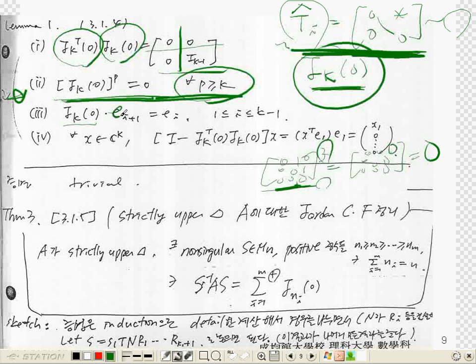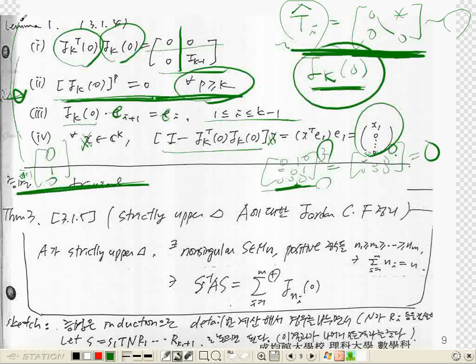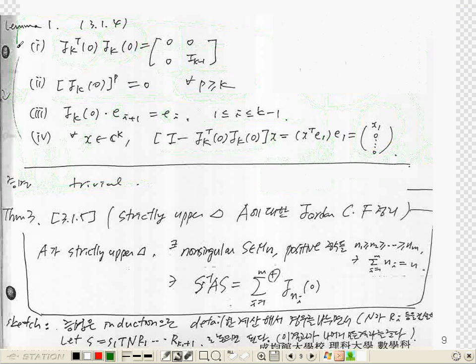And also, multiply the vector e i plus 1. That means there is a 1 at position i plus 1, and all others are zeros. Then the position of the 1 moves down at once, for i between 1 and k minus 1. And also, for every vector x, I minus J k transpose times J k times the vector x has this form. Now all the verifications are trivial. But with this fact that we can easily check,